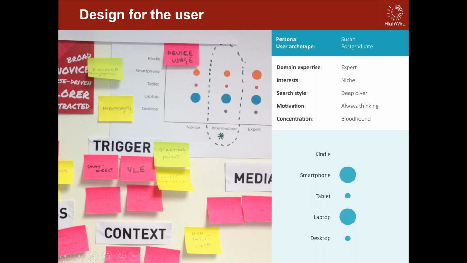So is there a particular trigger that causes her to start doing a piece of work, or is she always thinking, is she always on? And then also looking at how she uses different devices and the contexts in which she might use those. And so in this way, we've managed to build up a picture of some of our users,